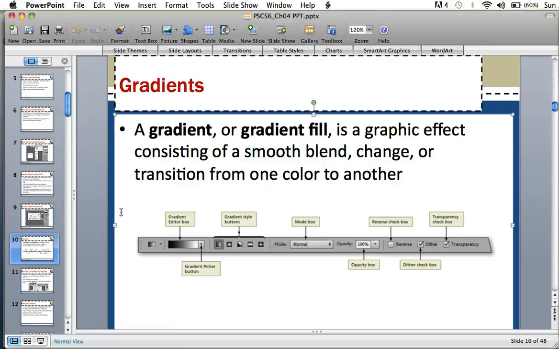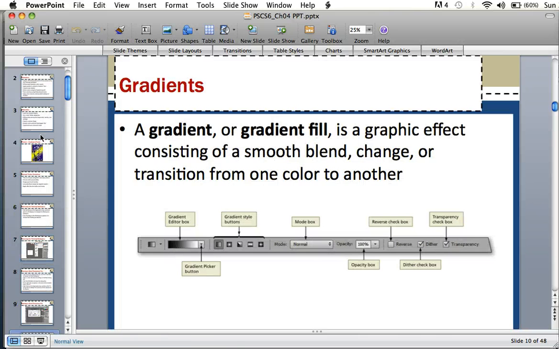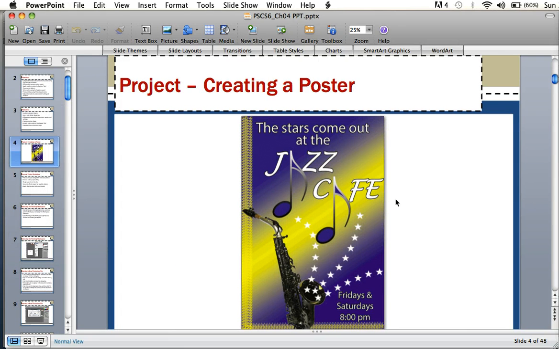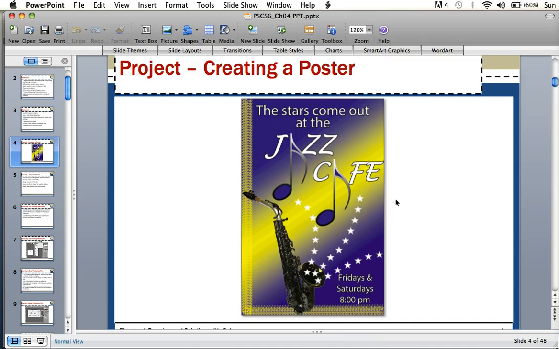So the next part of this lesson is to create a gradient for our poster. A gradient is a graphic effect consisting of a smooth blend, change, or transition from one color to another. Okay, a smooth blend of colors. So in our situation, let me go back to the poster, it shows us that the background, it